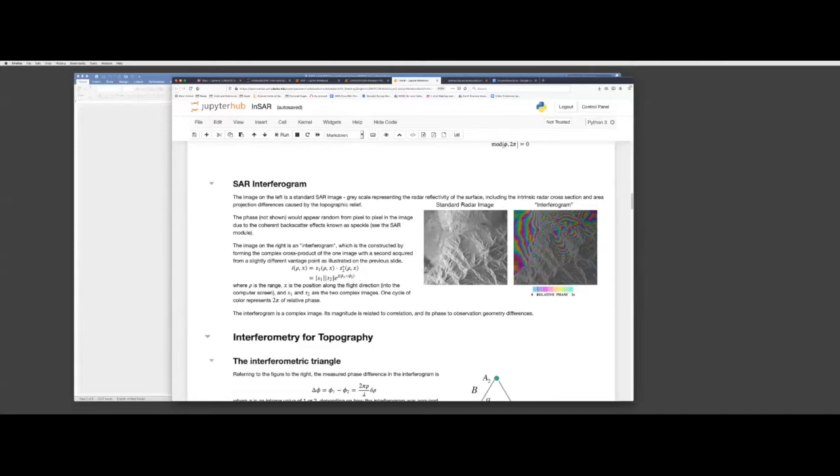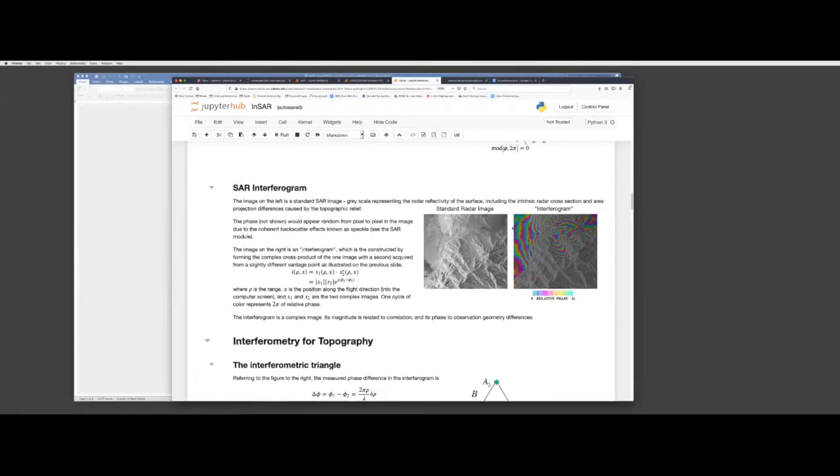Okay, so for a standard SAR image, if you had looked at the SAR notebook before, you would have seen some examples of the radar backscatter as a function of position is related to the intrinsic roughness of the surface at the wavelength that you're observing, and also to the topography. The topography modulates the brightness because of the area that is presented to the radar. So you can see the effects of topography in this image very clearly, but you don't actually get a topographic measurement. However, if you look at the phase of that measurement